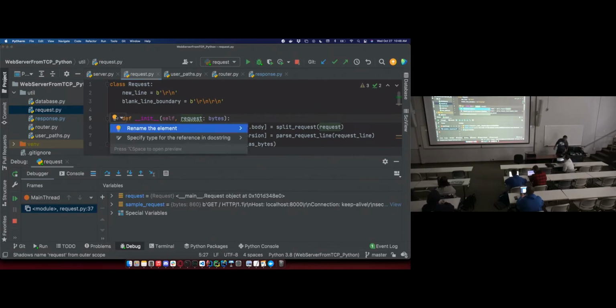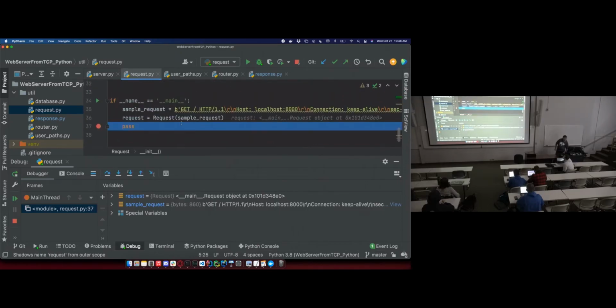Why doesn't it like that? Did I spell it wrong? I don't know. But it's going to take the bytes of the request, create a request object, and I can